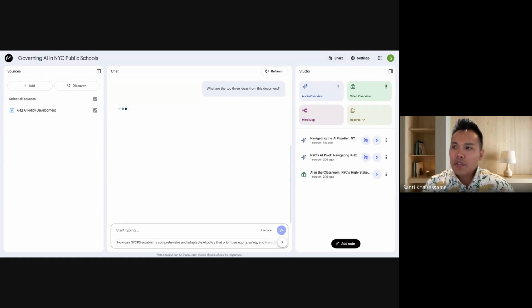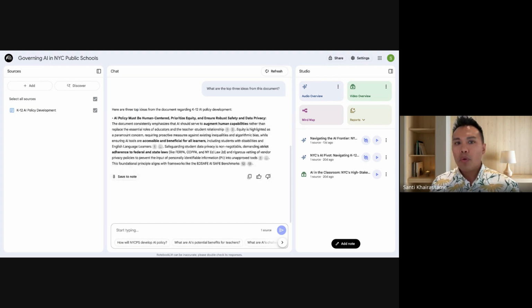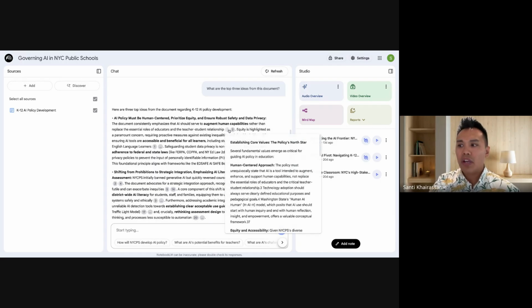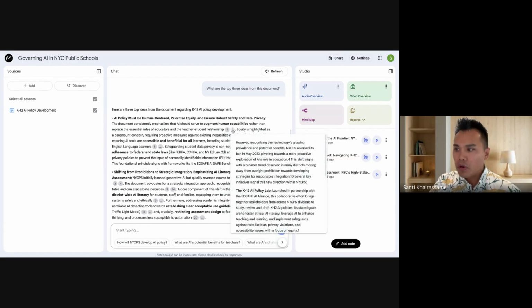This is incredible because with your regular Gemini chat, it's pulling from information everywhere. But if you want to get super specific and, let's say, pull information from chancellor's regs or your school newsletter or the parent handbook or these 3 resources on education, and you want to synthesize that information, you can upload these to a notebook, and then using the power of AI, you can analyze that. So here, it gave me the top 3 ideas from this research. Again, it's using citations. You got some footnotes on here.